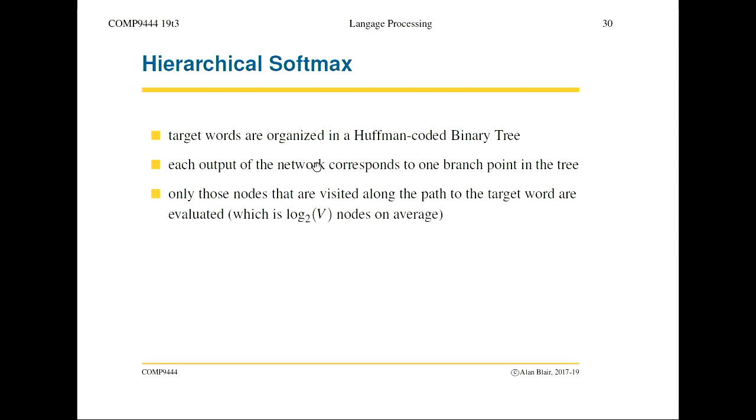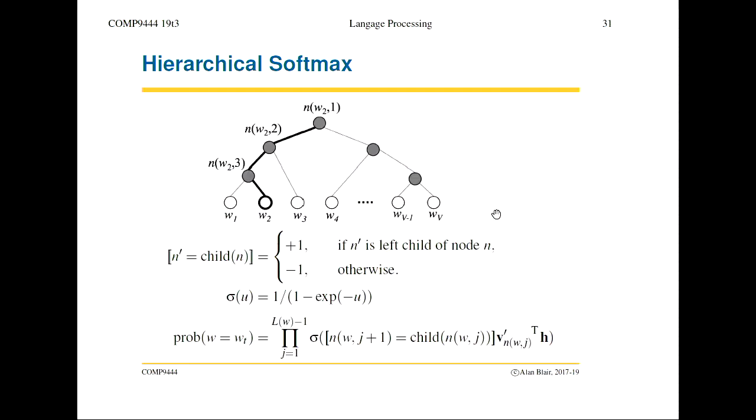And then each output of the network is going to correspond to a branch point in the tree. So let's say this is the Huffman tree here, and this is the word that actually occurs in that context. This is actually the middle word. Well, I sort of trace down the tree to see which branches I have to follow to get to that word. And instead of the network trying to directly predict the probability of this word, the network tries to do this